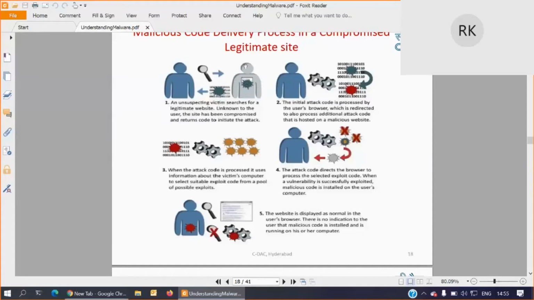What will happen now? It will come to the compromised website. It will send you the normal web page in addition to some malware. Okay. So now this is received by the user's browser. It will try to process both the normal web page code as well as the malicious code. Once the malicious code is executed, it will try to analyze your system, and your system parameters will be sent to the attacker's site. From there it will try to download the corresponding malware.